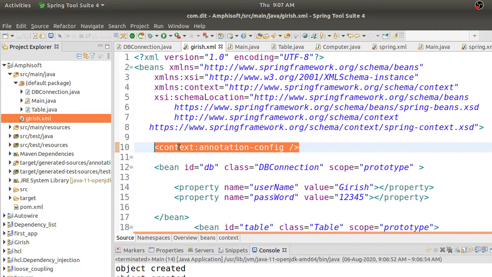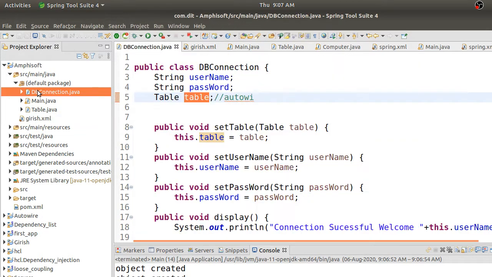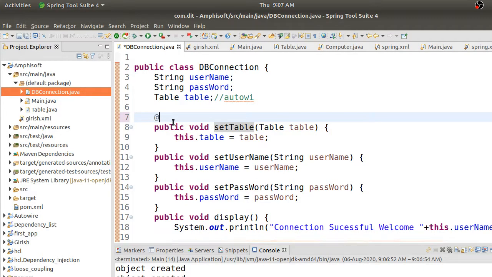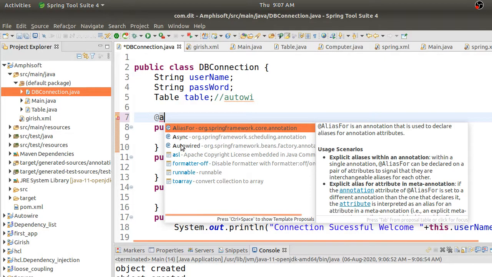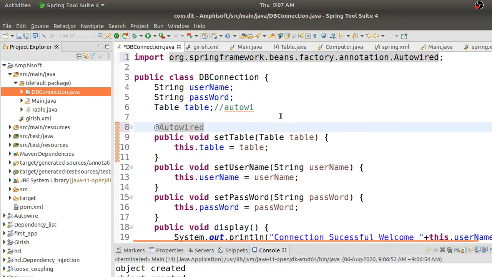So where should you use this annotation? Just go to your DB connection. If you are doing the setTable configuration by setter injection, write @Autowired here. That's it.